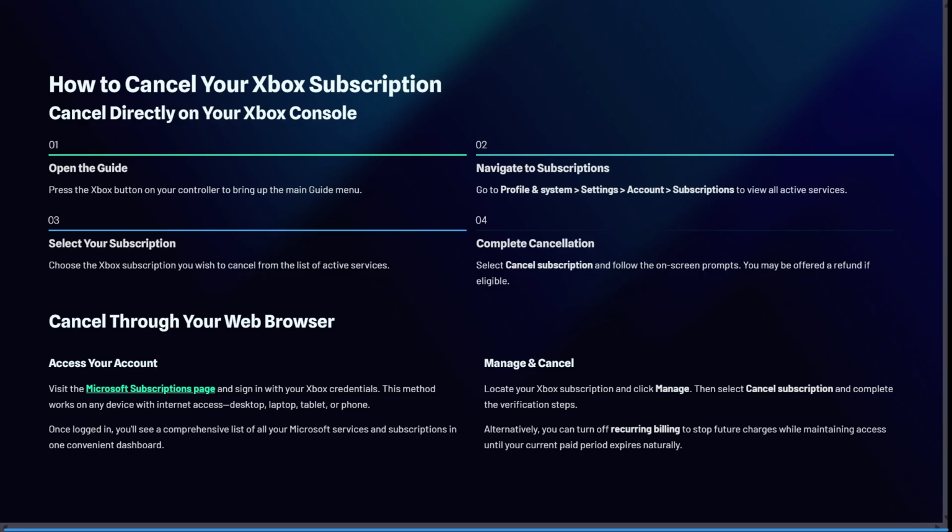So go ahead and visit the Microsoft subscriptions page and sign in with your Xbox credentials. This method will work on any device with internet access. So if you want to do it on your desktop, your laptop, your tablet, or even your mobile device, you can do that. Once you're logged in, you can see a comprehensive list of all your Microsoft services and your subscriptions